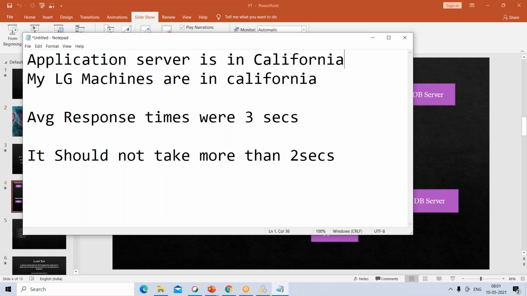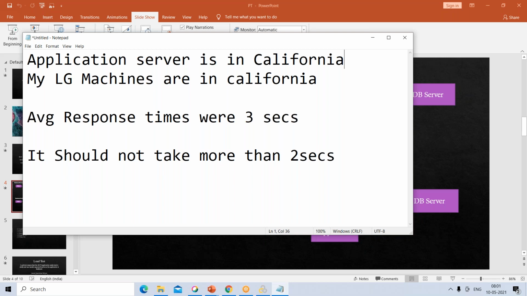And let's assume that it's a small company, and first of all, there are no load generator machines in California itself, or nearby, or wherever we want.